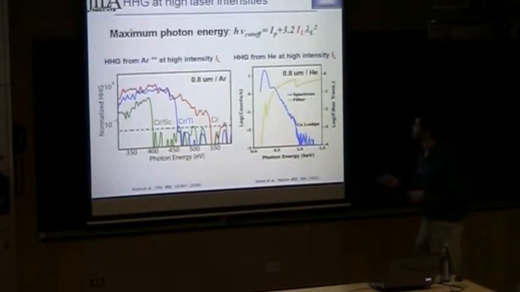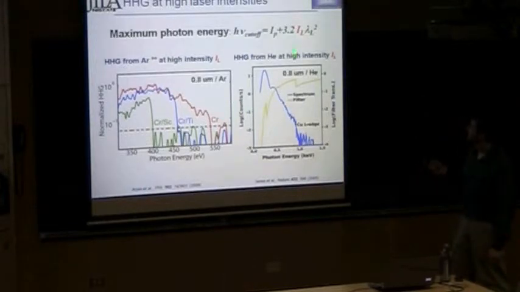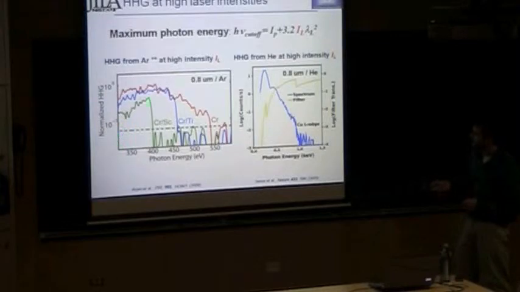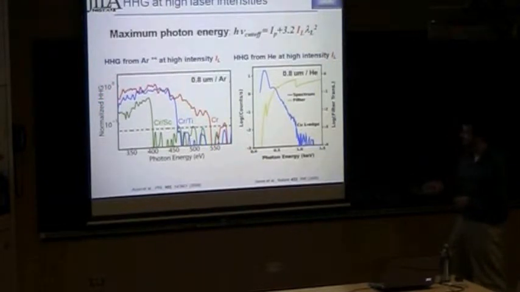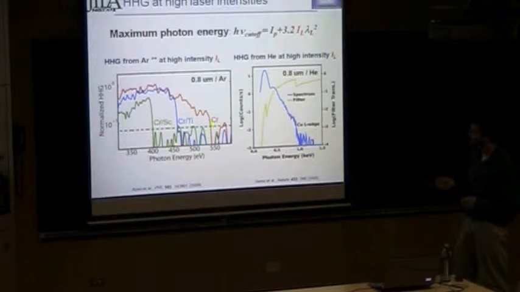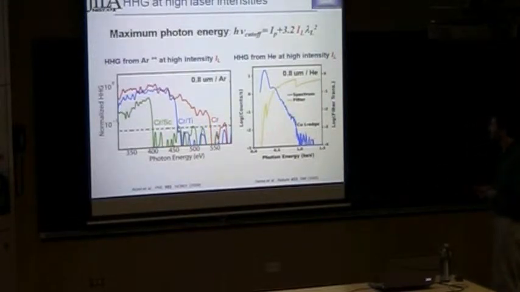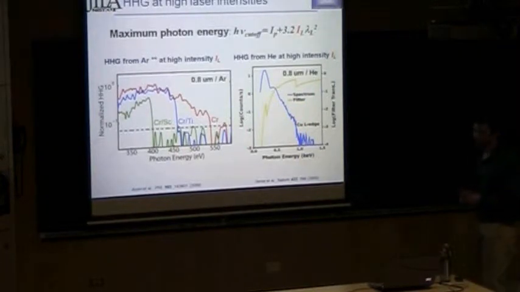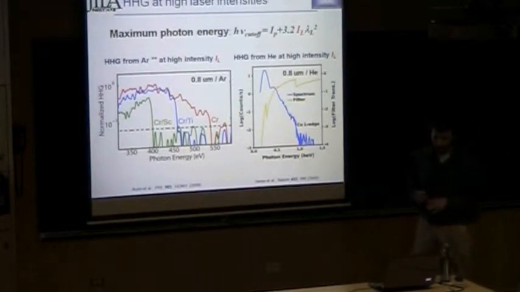So here's a couple examples of this kind of approach where we're going to very high laser intensities. This is a project I worked on, and this is results from another group. And so here we plotted the high harmonic spectrum as a function of photon energy, and we see very high energy harmonics from argon, up to about 540 eV. In this group, again, very high intensities in helium gets up to about a keV.